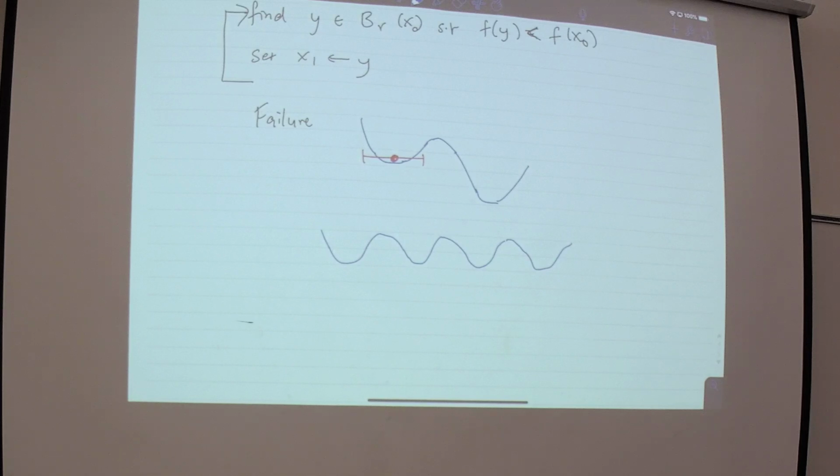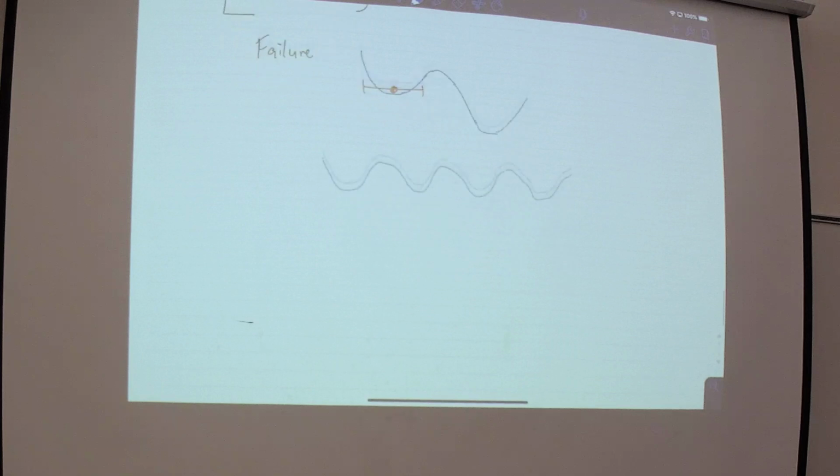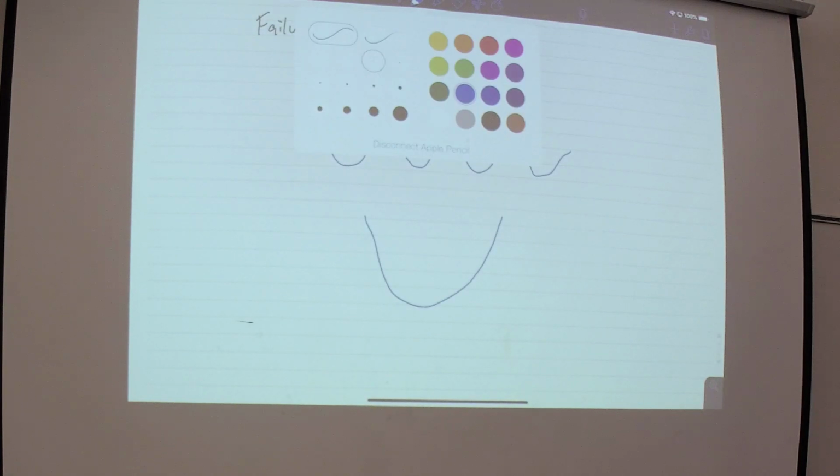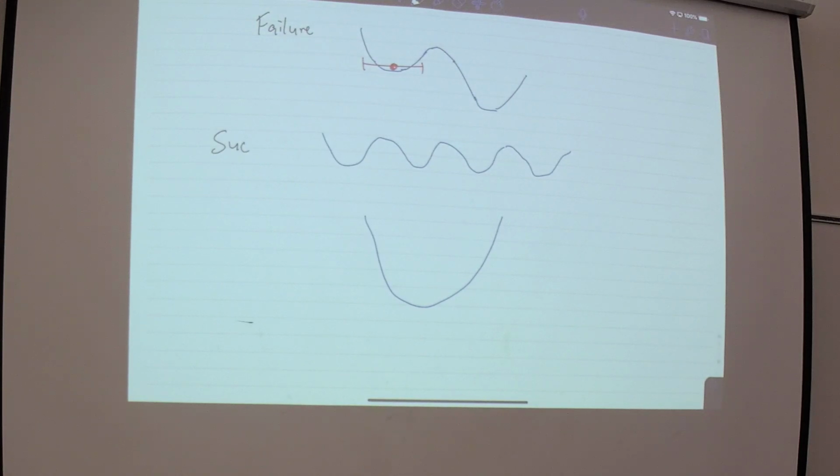So that's one picture. Another picture is the same kind of picture where all local minima are global minima. There's only one. And so it looks something like this. Right? Now I didn't draw this quite right, but a more formal version of the second example is when your function f